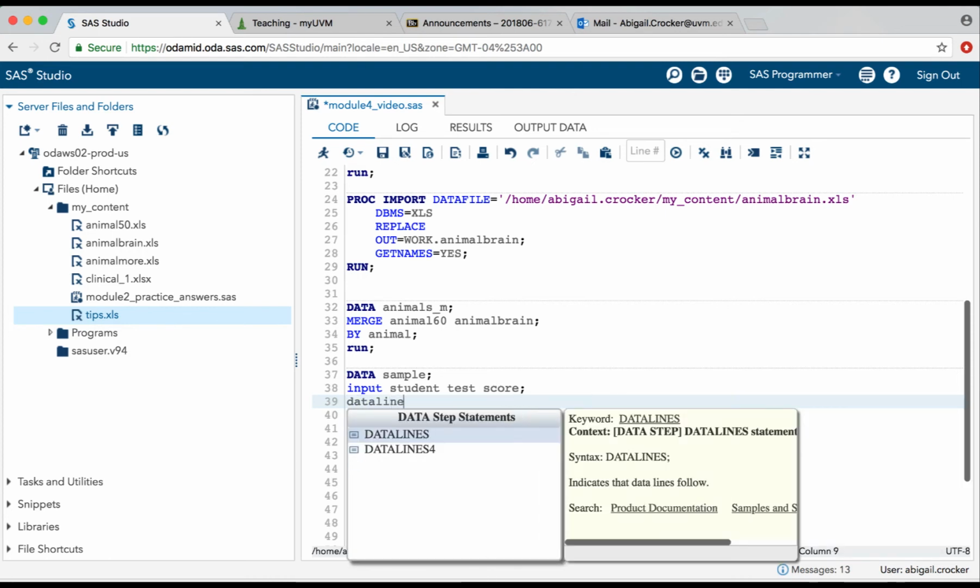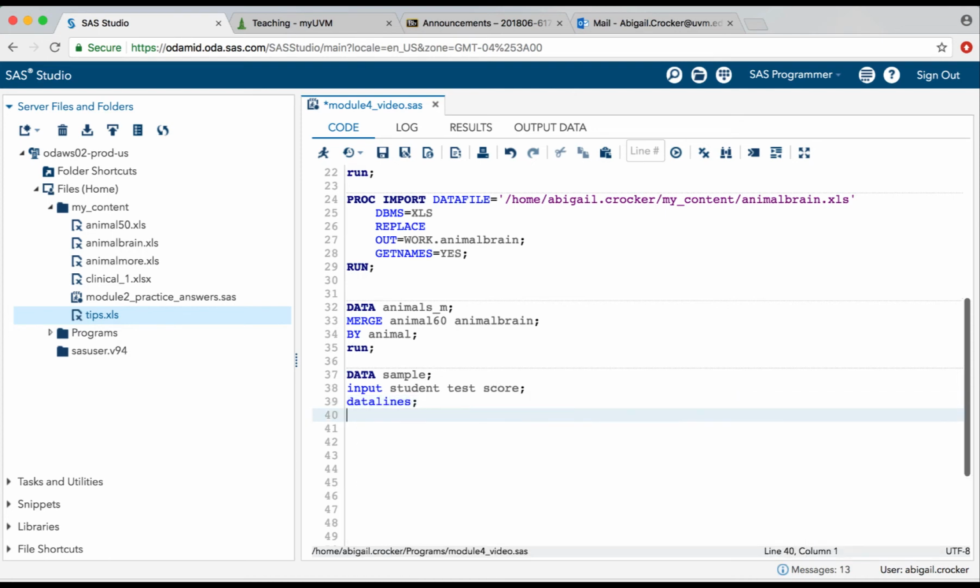And so now I'm going to use datalines. Let's make student character. Student A, test 1, and on this one they got a 75. Student A took test 2, and they got an 88. Student A took test 3, and they got an 85. Student B, test 1, a 76.